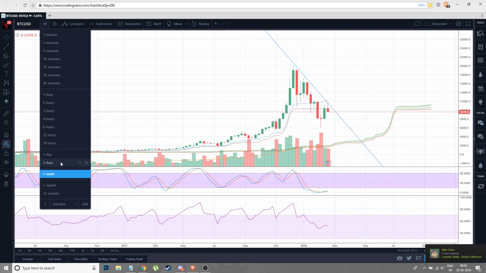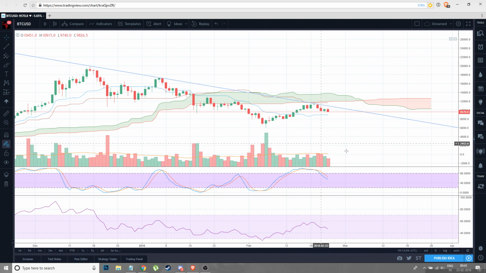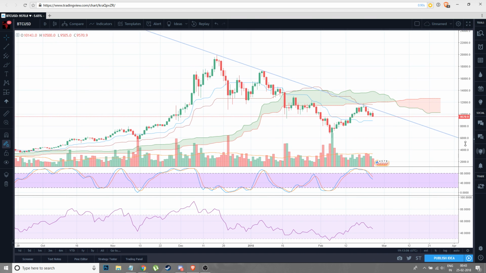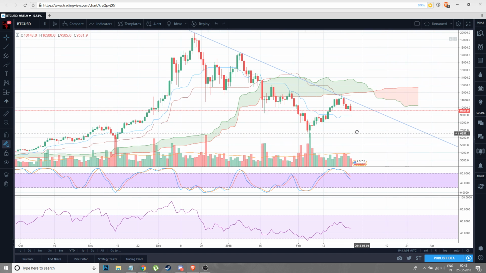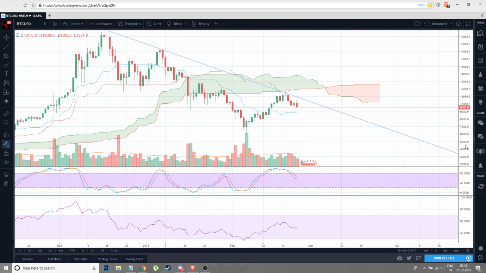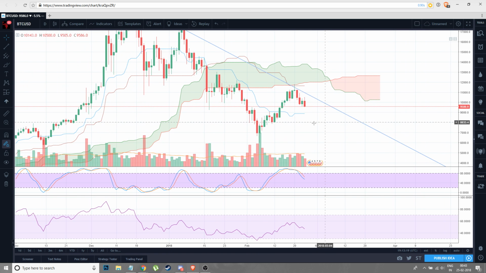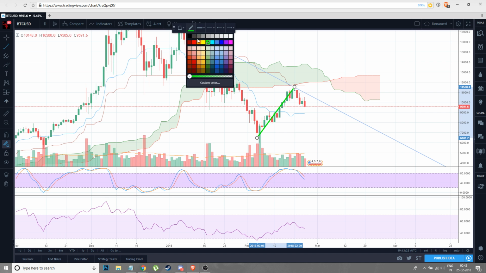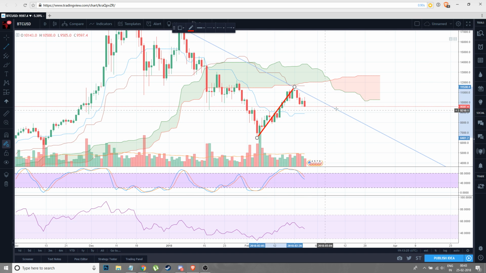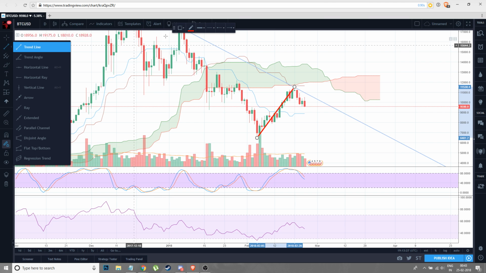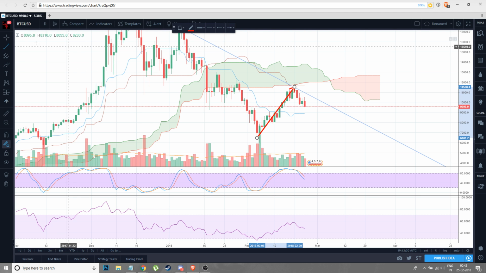So on the daily chart, things are looking slightly better. Sorry, they're looking slightly worse than they did before. We've had a rejection of the daily key zone. We've also had a rejection cleanly off the cloud. What I was expecting was this thing, where we first got rejected here. I wasn't expecting this before this move. I was expecting it after. So it's not technically a prediction, but now that I've seen it,